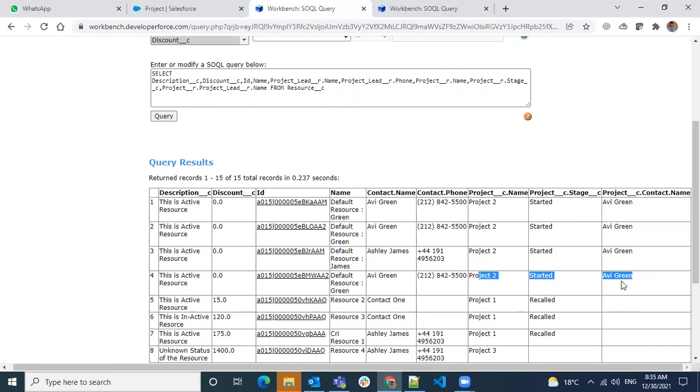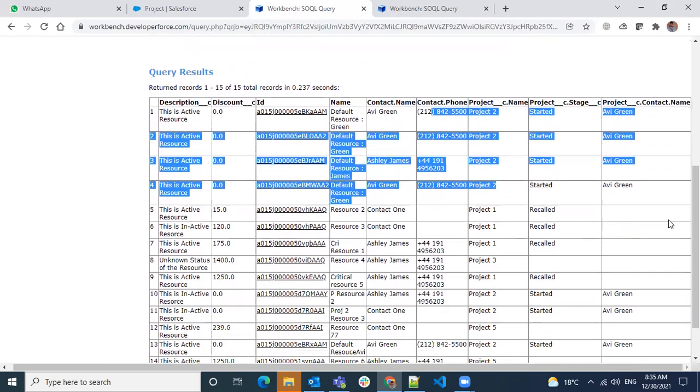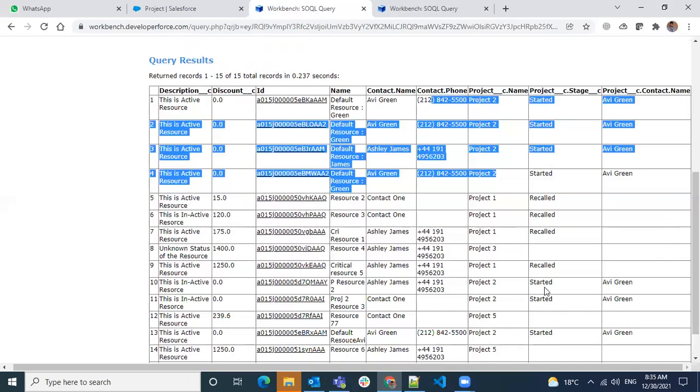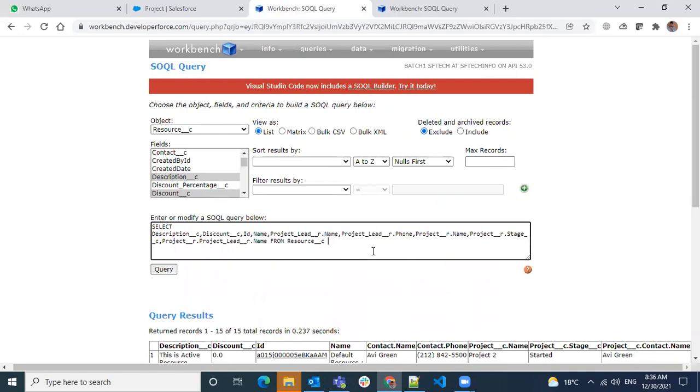But if I write a query on the project object for a single project, I'm going to have four records of a child. Correct? It could be more also because I was not sorting over here. I'll just do a sort quickly, order by.